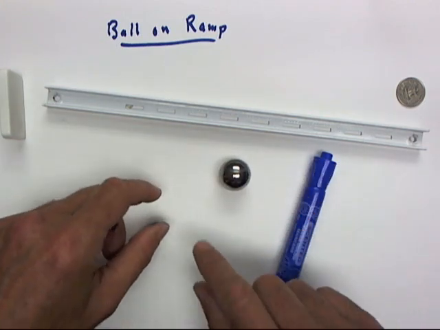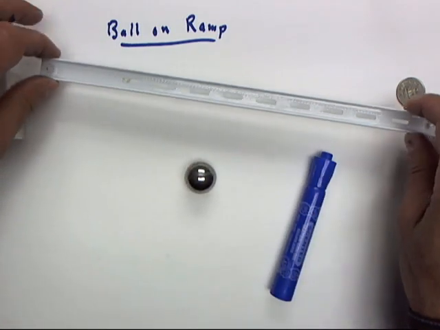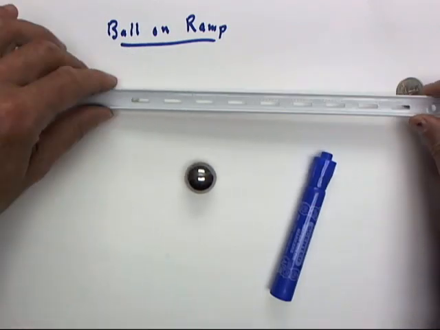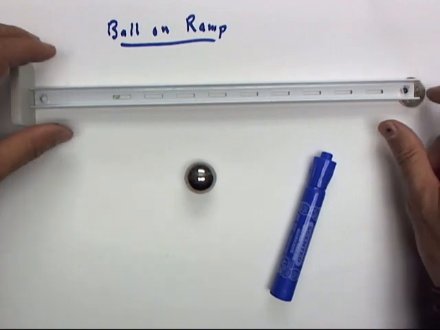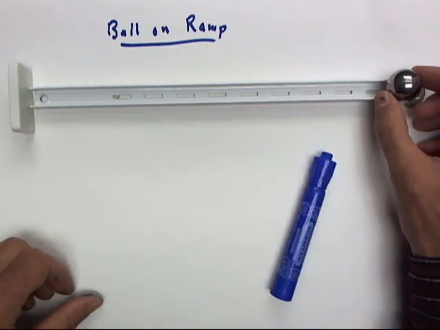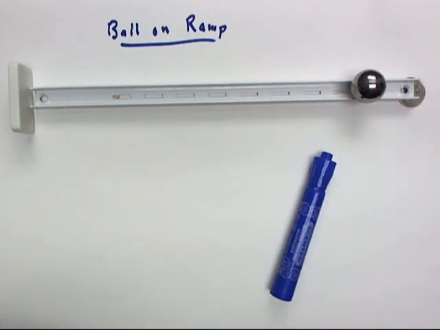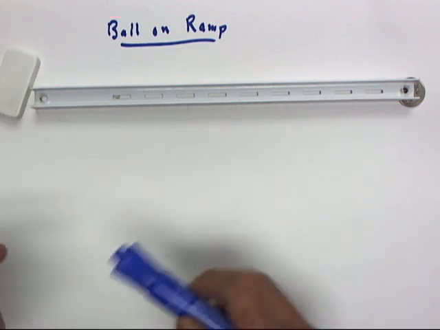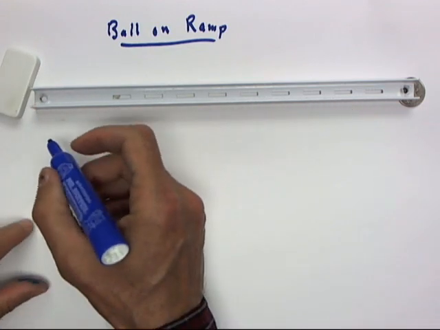We have a smooth steel ball, a piece of shelf standard which will serve as a ramp, a quarter here, and a domino here to stop the ball. If we release the ball, it will roll down the ramp, and it will clearly roll faster and faster, so that if we want to